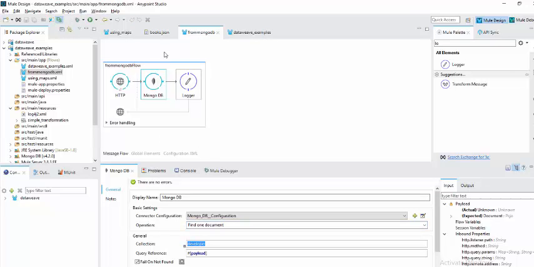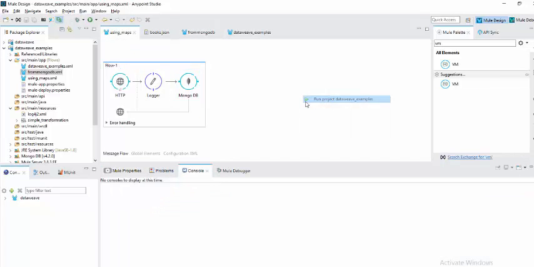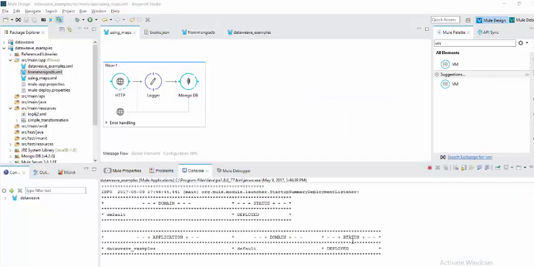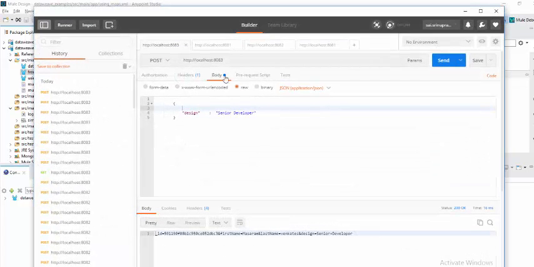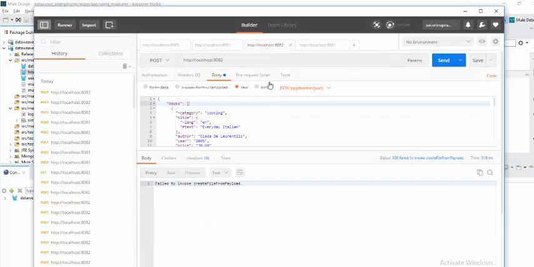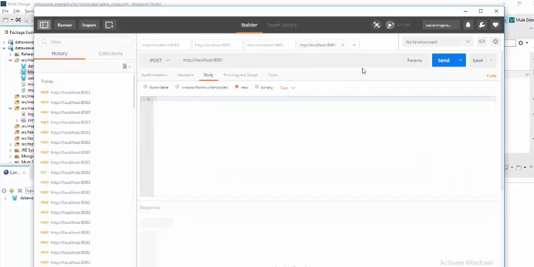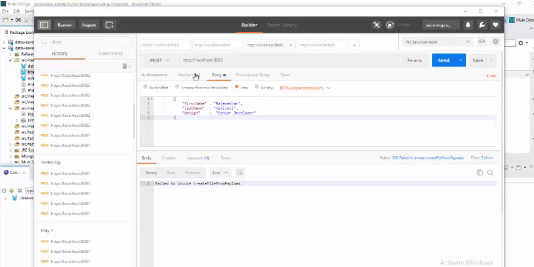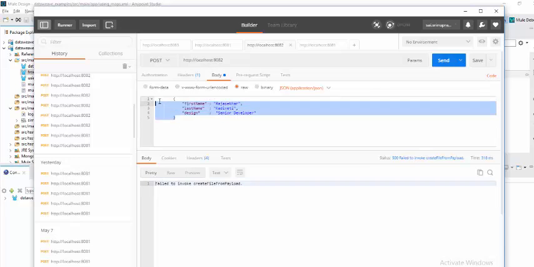So I am going to run this flow. My flow got deployed. Let me test on the Postman client. So localhost 8082, I am providing this document. I am changing it.